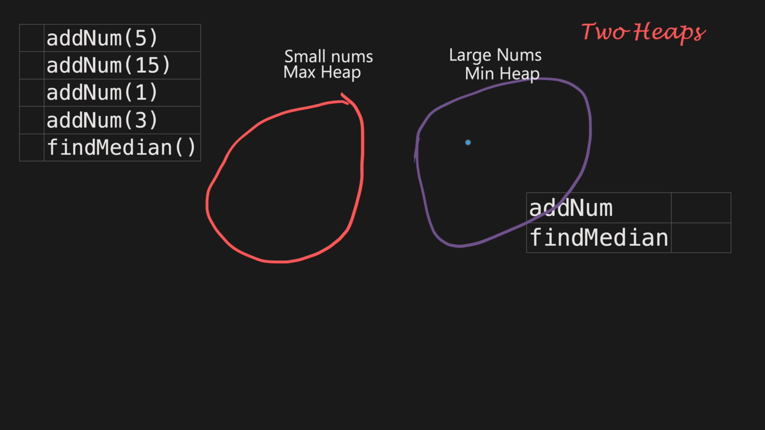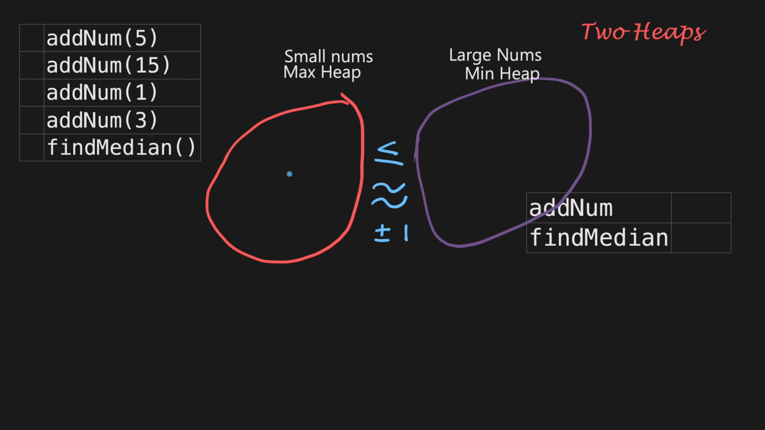Our goal is to keep these two heaps balanced, ensuring two key properties. Every number in small nums is less than or equal to every number in large nums. And to efficiently pinpoint the middle elements, the sizes of the two heaps should be nearly equal, differing by at most one. Our balancing strategy ensures that if the total count is odd, the small nums max heap will always hold